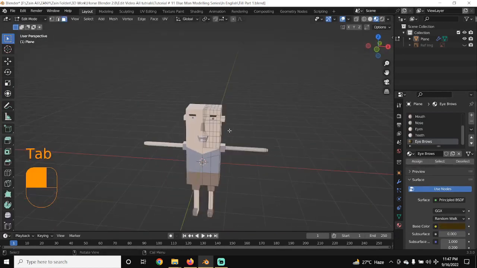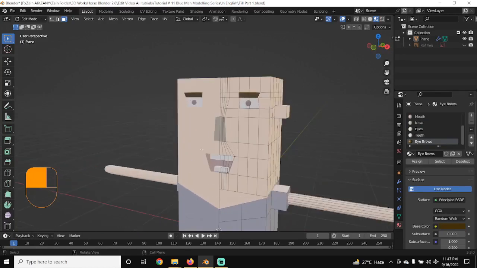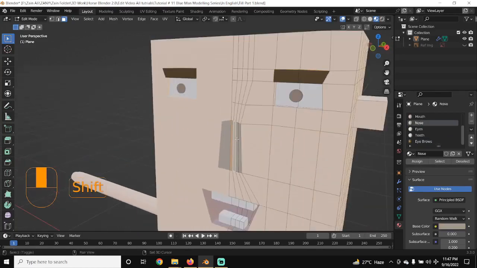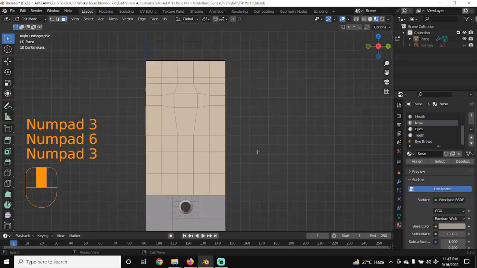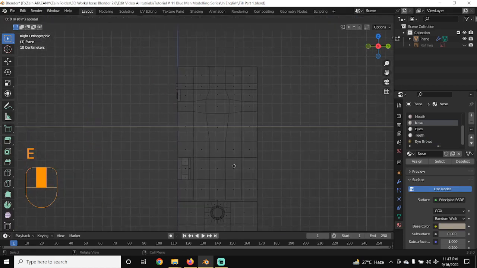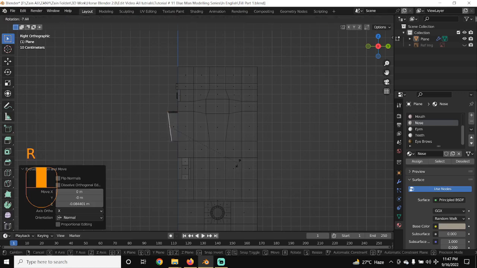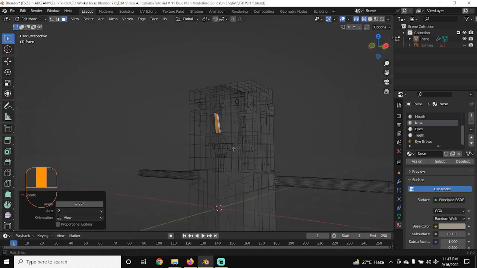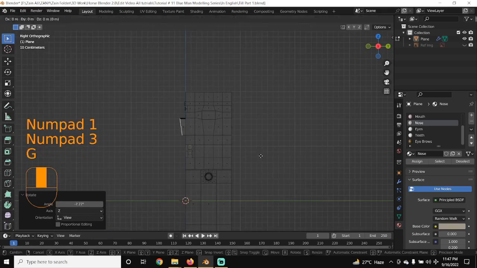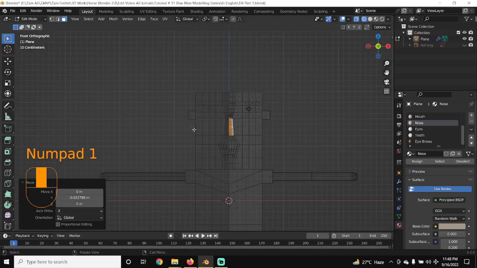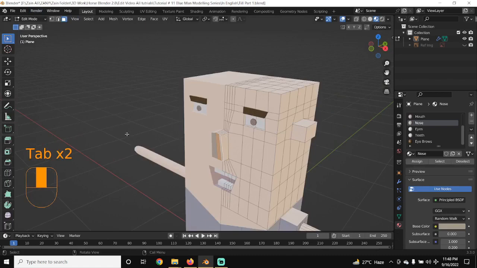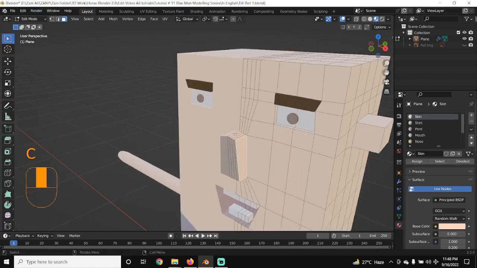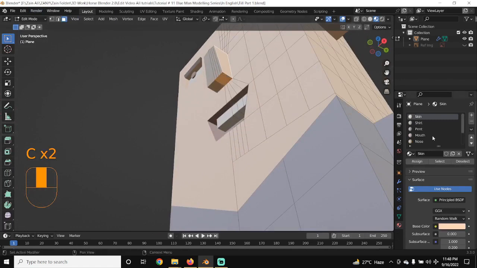Now it is time to make the head of our character, and before that we have to give the shape to the nose. Select these faces and press 3 and Z and wireframe, and now a little forward, and then rotate it this way. So give it the shape of the nose and make it a little forward again. Okay, and then press 1, solid view and material preview, and by selecting these faces I will change their color, as the color should be like nose color. I will assign the nose color,